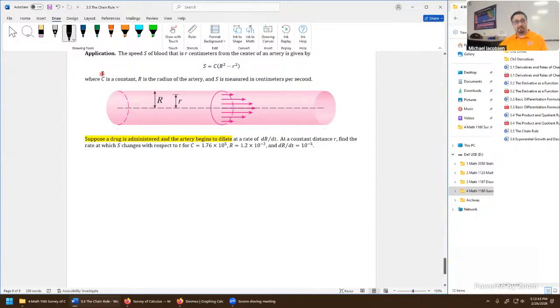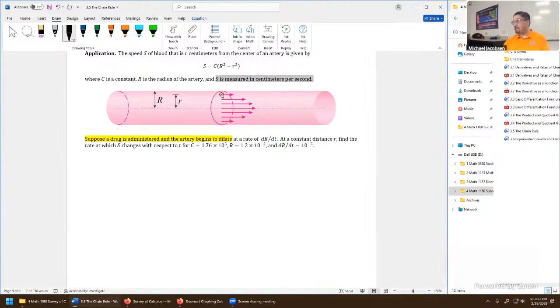C is a constant. That's mysterious, but they provide the constant, so that helps us out. R is the radius of the artery, so it's some radius. S is measured in centimeters per second. It's a rate of speed. So they told us again it's a speed. This is the speed of some blood platelet if it's a distance r from the artery wall. So if I'm right here, this arrow is trying to give us a visual, a graphical representation for the speed